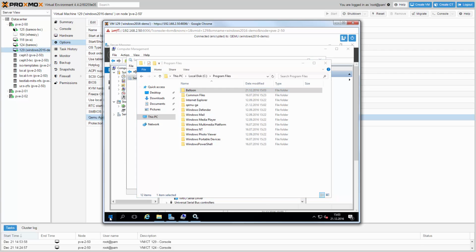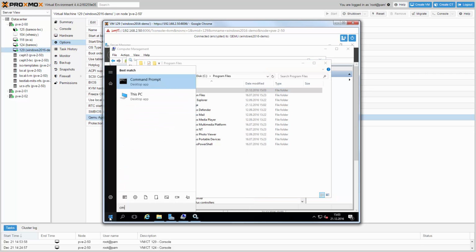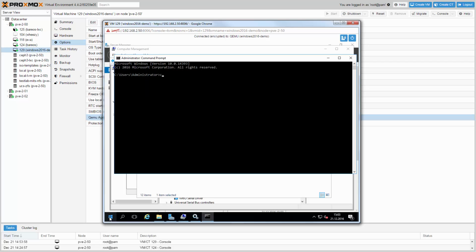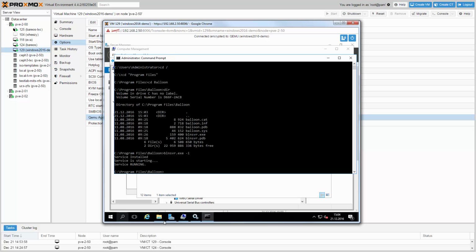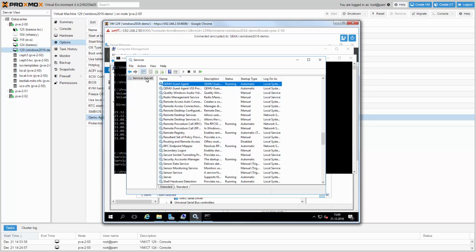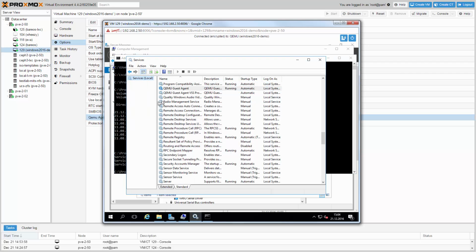Open the command line and navigate to this directory. The installation can be done with blnsvr.exe -i. Do a refresh. And you will see the new balloon service.